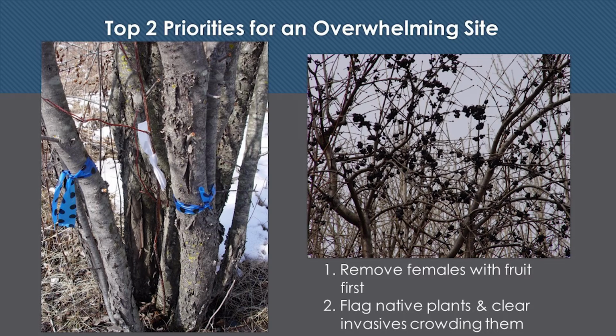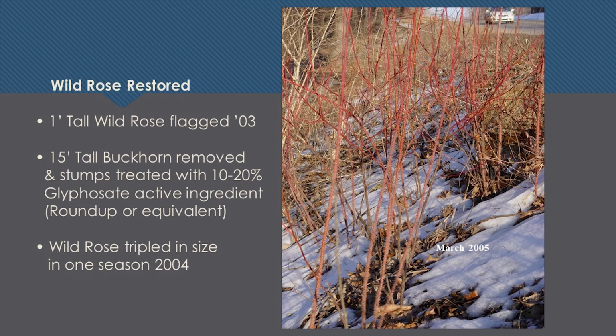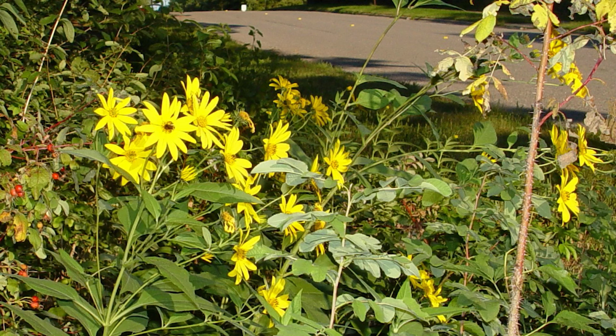Okay? So here, this is a really extreme example. There is wild rose, red stems of wild rose growing right in between this clump here. And they got flagged and they got cut down. And a couple of years later, they just grew like crazy. They got sunlight and they produced a whole bunch of new stems coming up from the ground. And they flowered and they fruited. And the bonus came up in the fall. So here's the fruiting. This is wild rose hips.